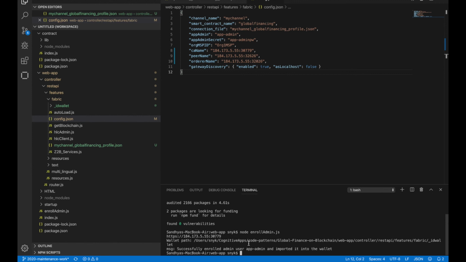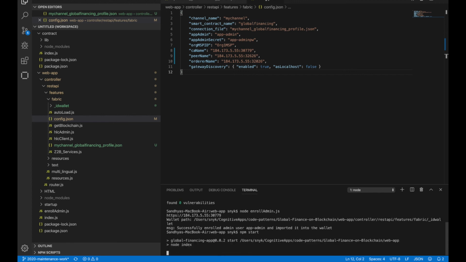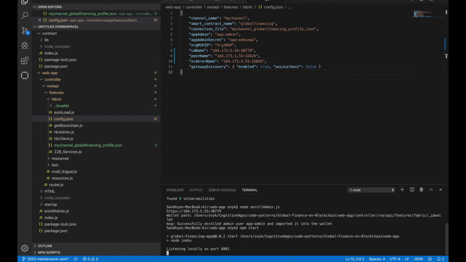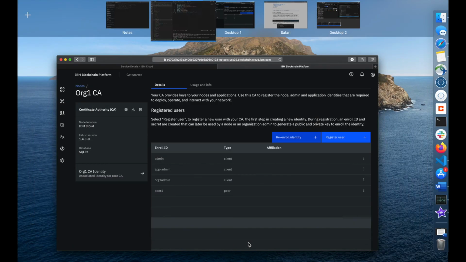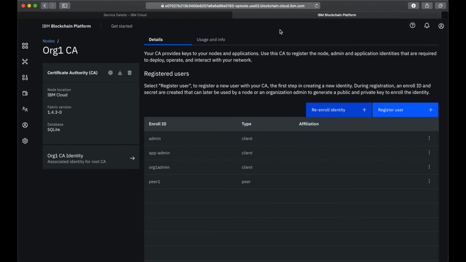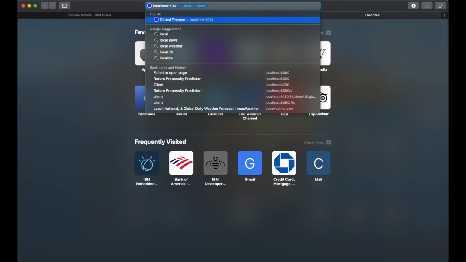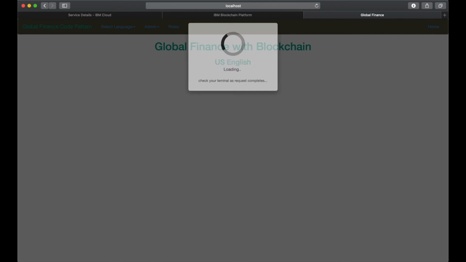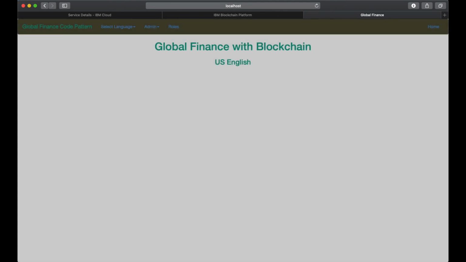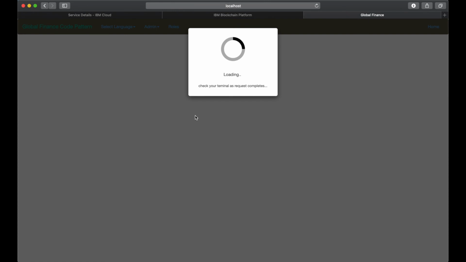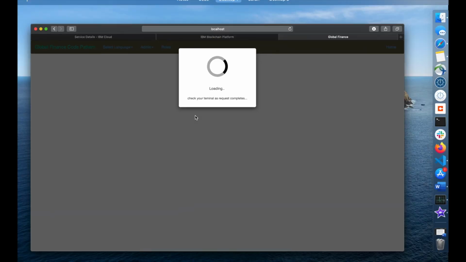All that's left now is to run the application. So we can say npm start, and that is going to start our application and run it on localhost 6001. So let's go here to the browser and open a new tab and go to localhost 6001. And this is the landing page for the Global Finance with Blockchain application, as we had seen in the demo video previously. We can go in and say preload network, and that would start preloading all of the users in